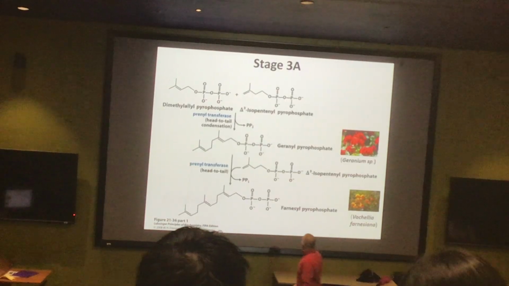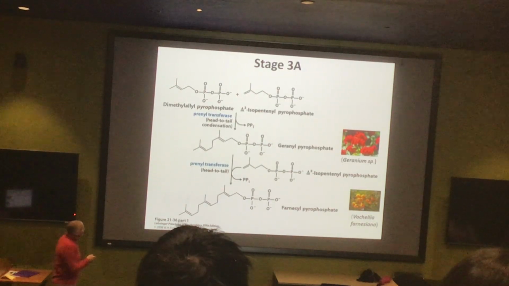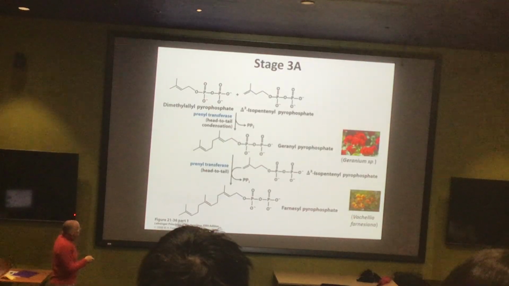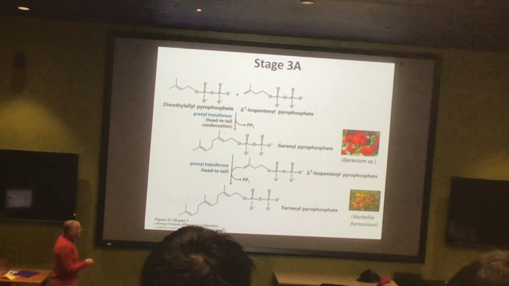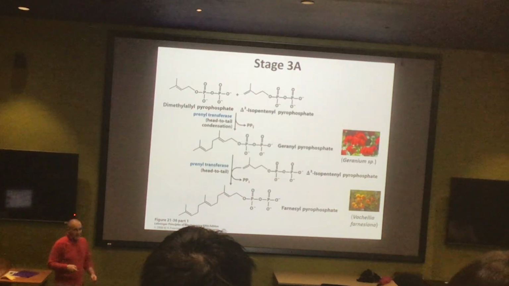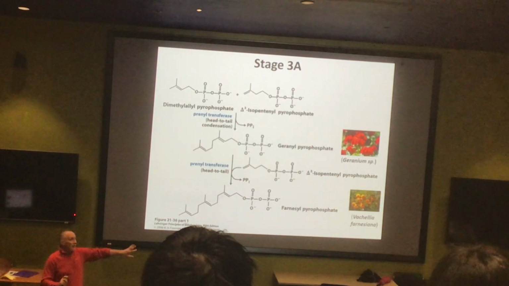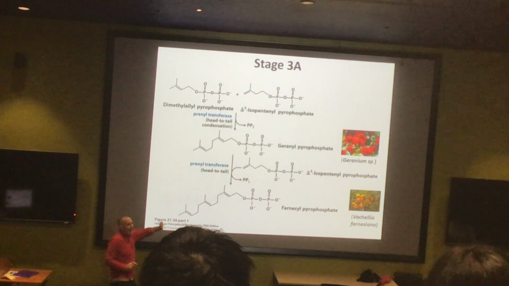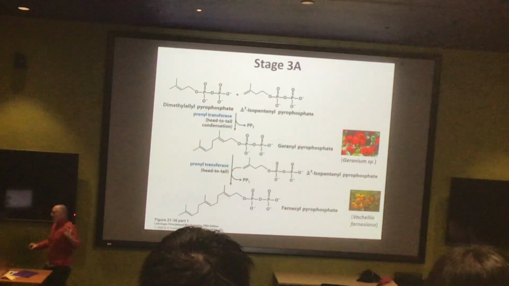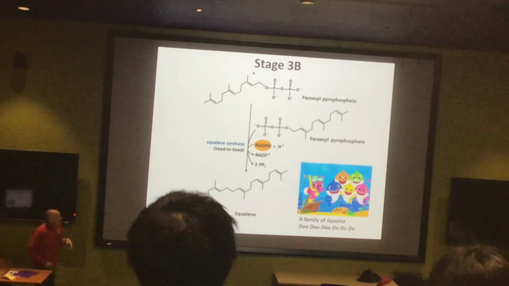If we do another condensation, in this case another head-to-tail condensation, losing this next pyrophosphate group, so we bring in another one of the isopentyls, do another head-to-tail condensation, we get the farnesyl pyrophosphate. Farnesyl is absolutely on the way to making cholesterol, but some of this is actually going to get siphoned off because this is actually a relatively common post-translational modification of proteins. Anyway, we're not that concerned about that.